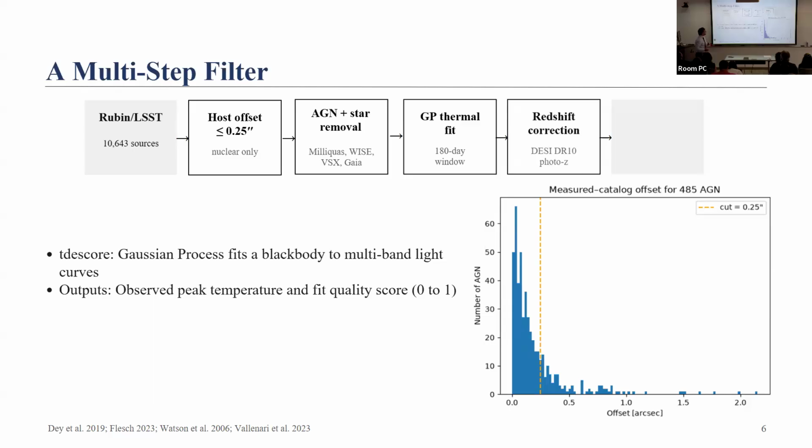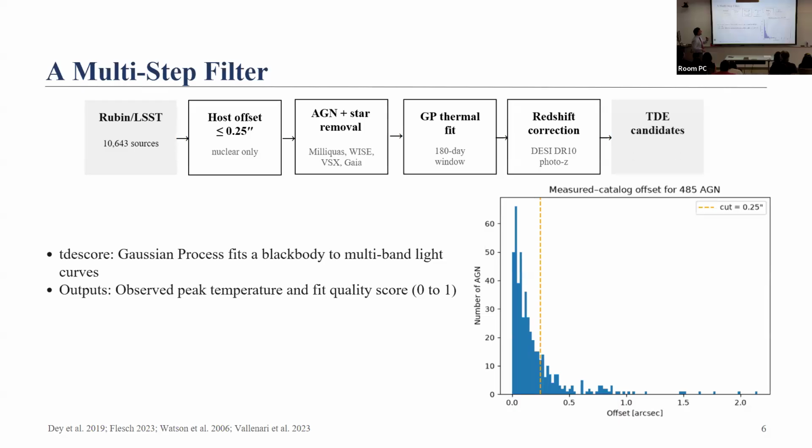After we did that, we did the redshift correction. Because for the same data, if some source is located near to us, it will have a different absolute brightness and rest frame temperature. Or if it is farther, then we will have a different rest frame temperature and absolute brightness. So we need to take that into account.